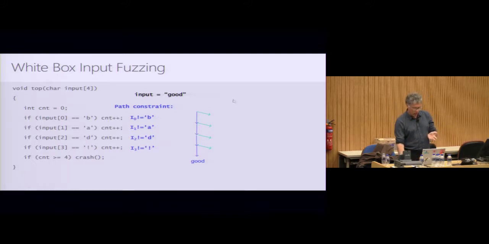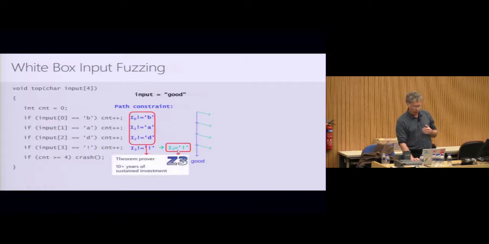So we see that if we take the good path, we're on the blue side. These edges going off represent the conditionals evaluating true. And so what we can do is take the last conditional and flip it to say, okay, instead of the 4th character being not equal to the bang, we're going to make it equal to bang. And then we present Z3 with a constraint that says, find me an input that satisfies the 4 conditionals, the first 3 in blue here, and the 4th in teal or whatever that is. And in fact, this just gets submitted to Z3, and it comes up with goo bang.